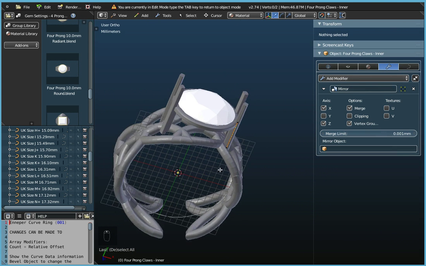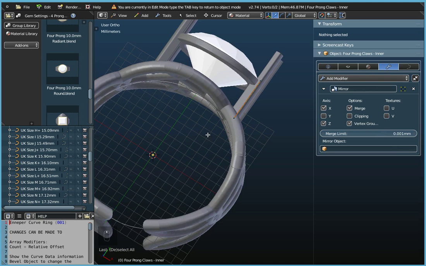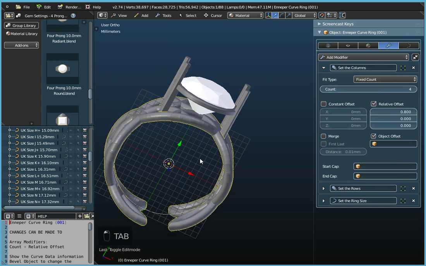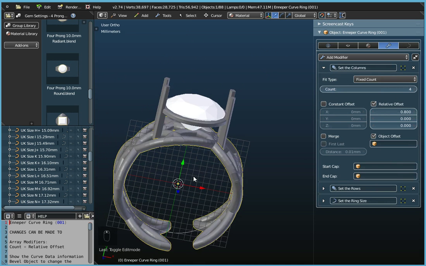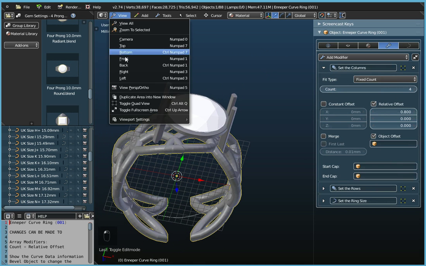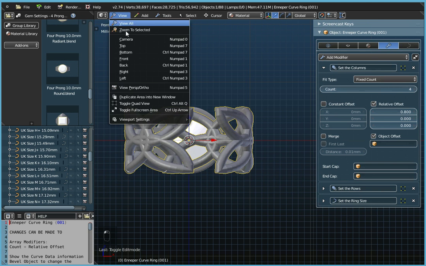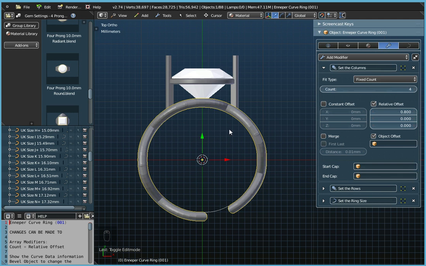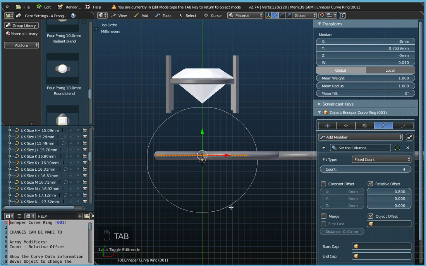Now before I finalize the position of these prongs, what I'm going to do is select the Enneper curve and view it from the top. I keep getting this the wrong way around, don't I? Now I need to rotate this curve around so that it's positioned properly at the bottom here. Actually, I don't need to rotate it. There's a number of different ways that I can position this. If I press the tab key and go into edit mode,